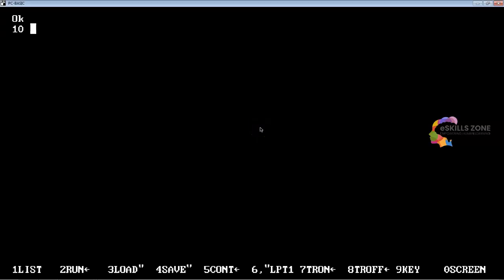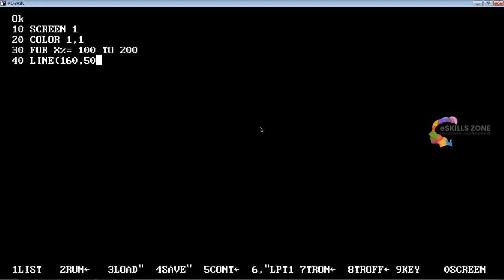So here, in line 10 we will type SCREEN 1. Line 20: COLOR 1, 1. Line 30: FOR X% = 100 TO 200. Line 40: LINE (160, 50)-(X%, 150). So here, for the x2 value, we have used a FOR counter loop for X%, which is the